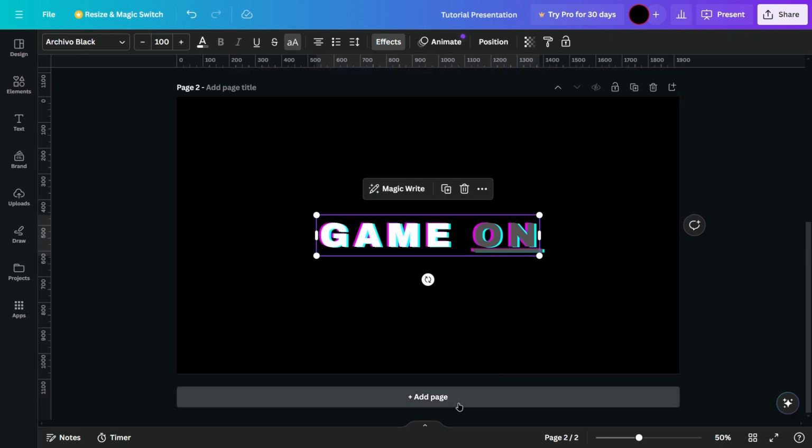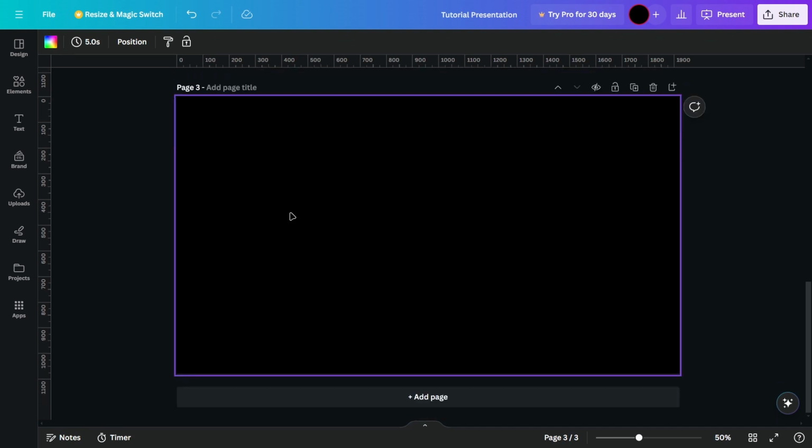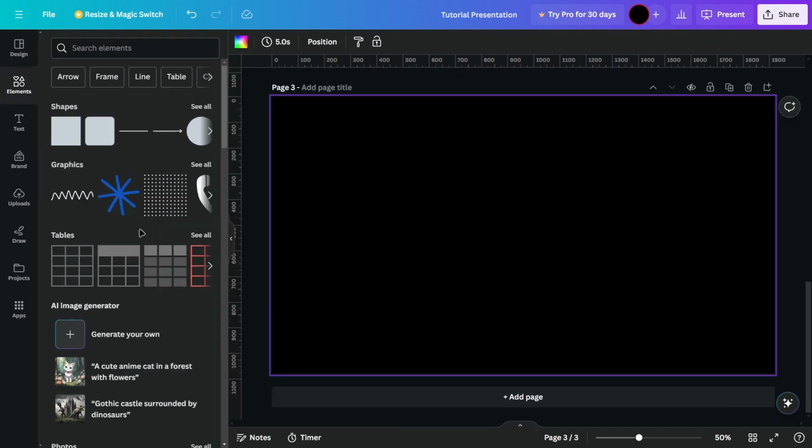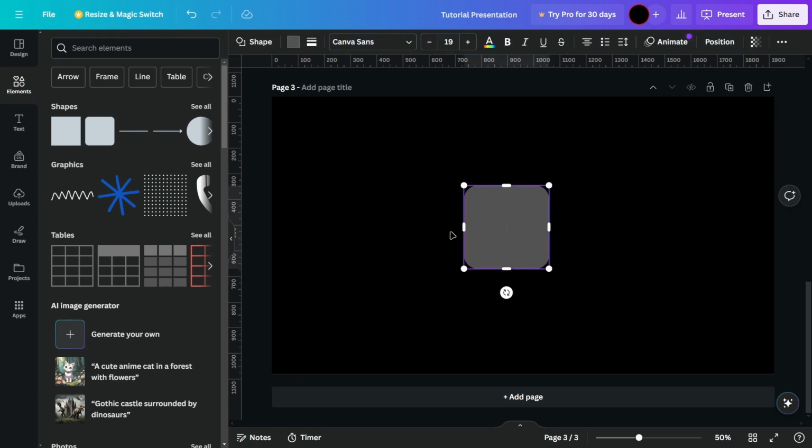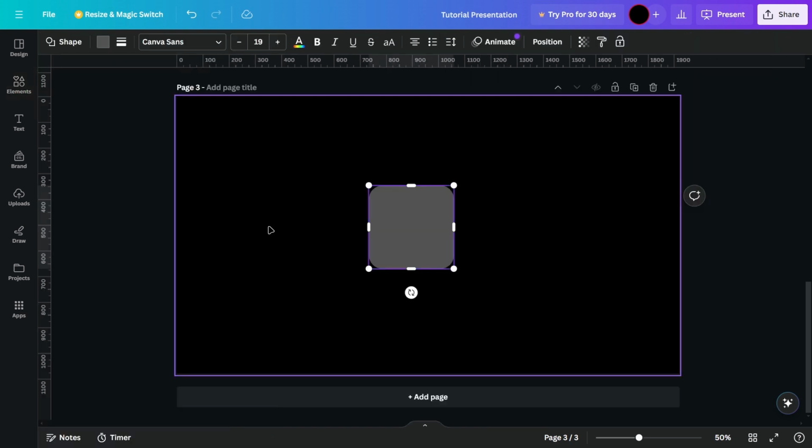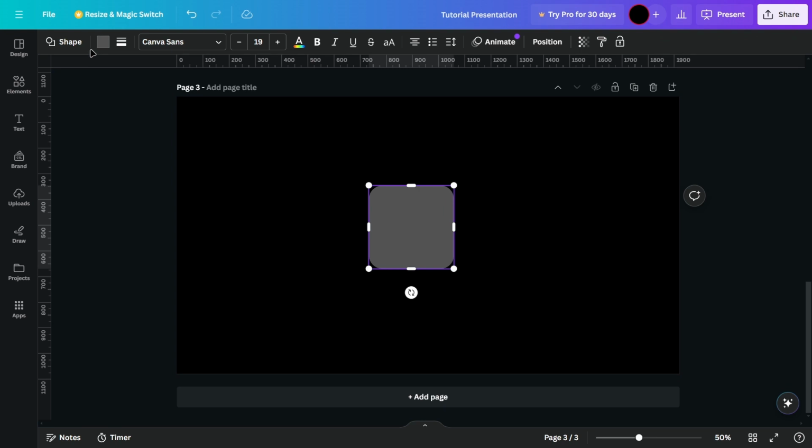So let's create a new page manual. This always takes the same background color. Let's use an element this time, for example. Let's use some of these shapes. For example, this square with rounded corners. I can drag and drop it in. It's pretty simple. And now I can adjust its color